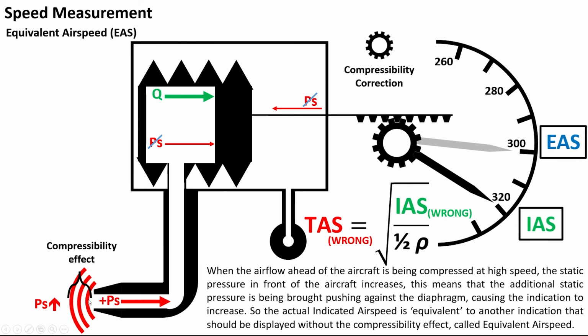It means that additional static pressure in the pitot tube will make the indication to be this one, but this indication is equivalent to this value. So to find your TAS, you need to enter the equivalent value to find the correct TAS. You understand? And so that's the equivalent airspeed. And that's why, for example, when you look at the